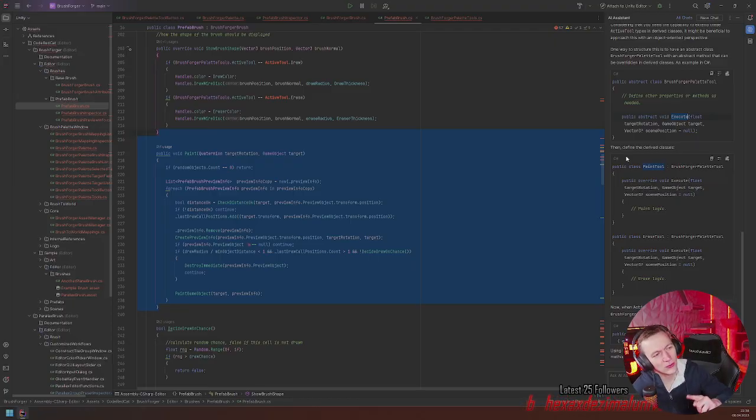But there's one quirk that I don't like about this. You have a preview, and this would split the methods from the preview into the brush class and the tool class.